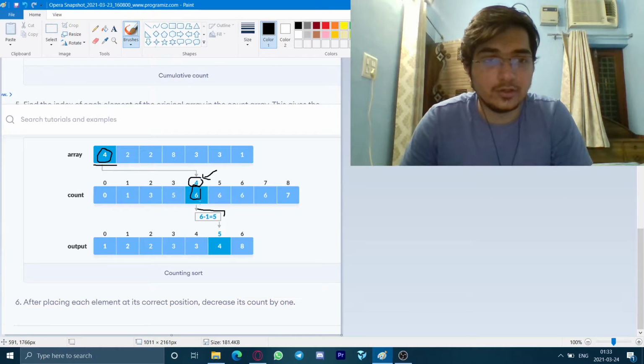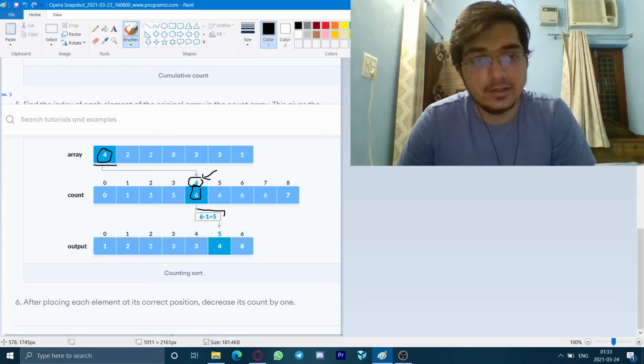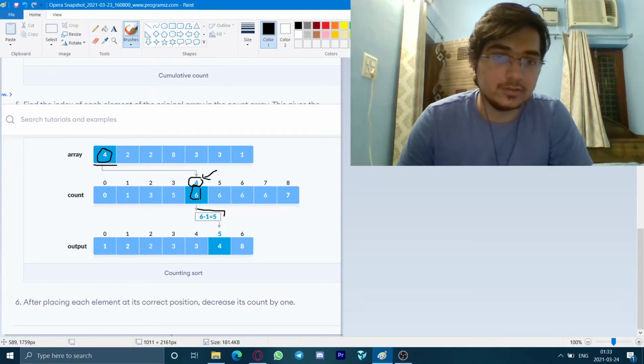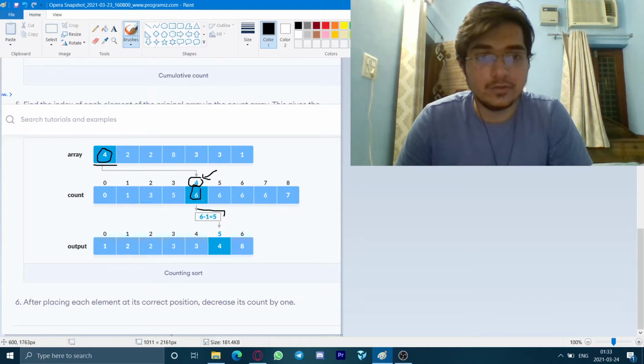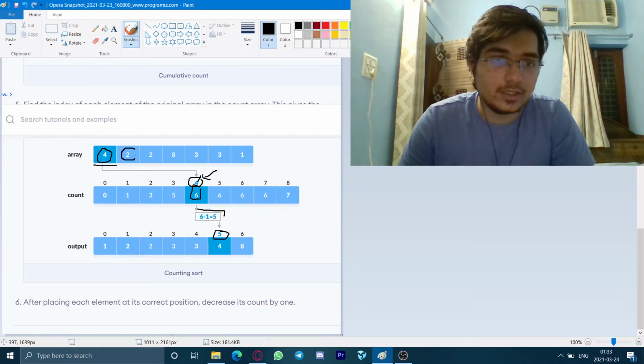To find the index, we are going to subtract 1 from the frequency which is at index 4. So we are going to subtract 1 from 6, which is equal to 5. So we will be printing 4 at index 5. Like for 2, we will go to index 2 and find 3 there.